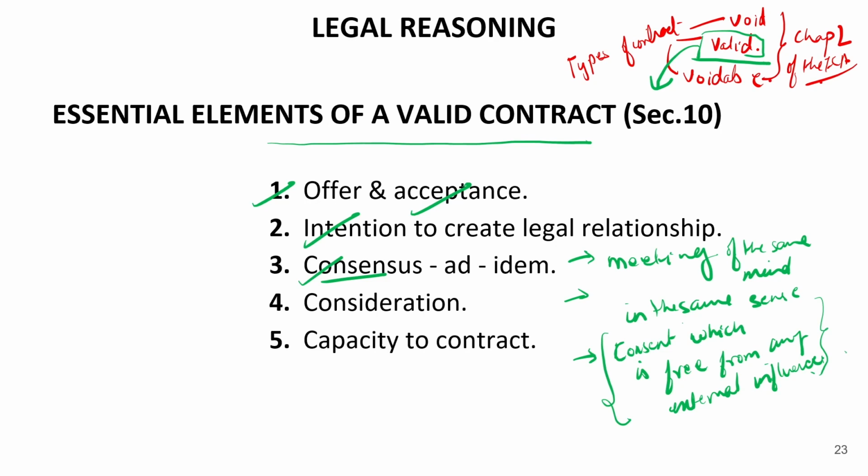So that is why it becomes very important to make sure that the consent for all the obligations mentioned under the agreement is free in nature and without any external influence. The Indian Contract Act 1872 in Chapter 2 explains what a valid contract is and what its essential elements are. It also talks about what will be voidable